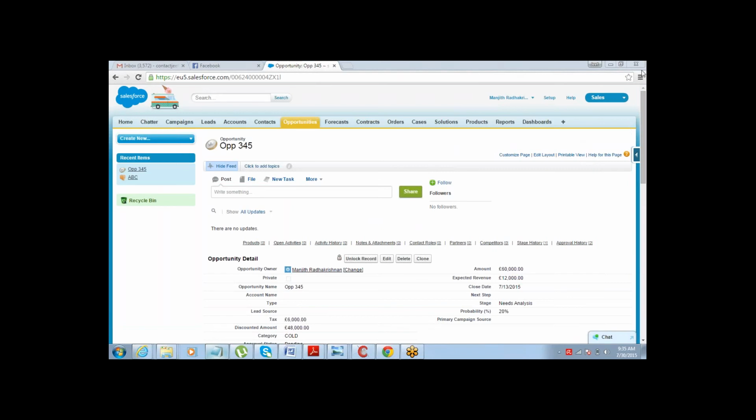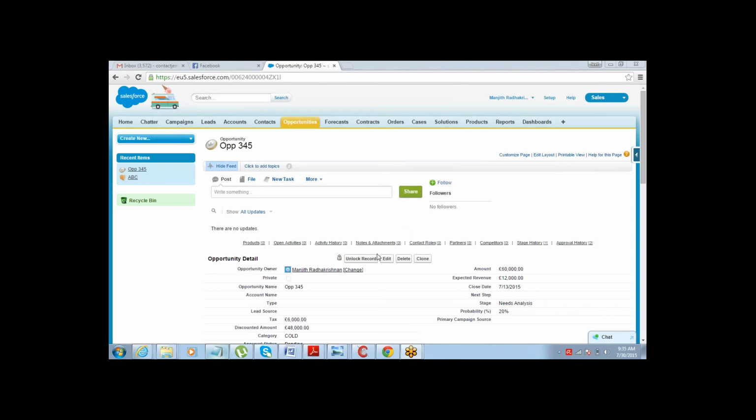I pasted it in the chat window. Okay, please open that email. So because Manjit was the approver defined, he automatically received an email with the link where he can actually go and approve or reject the record.